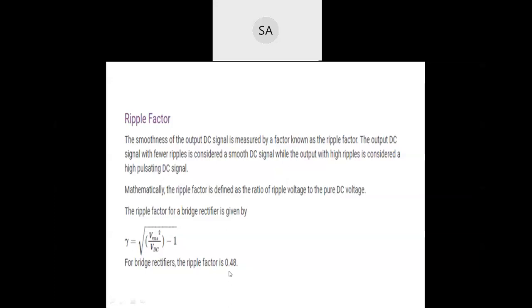So here the same derivation, same equation for all the equations. There will be no changes in the center tapped full wave and bridge full wave rectifiers. Only the change is that Im is equal to Vm by (2RF plus RL). So that is the only equation we have changed in that one. So remaining all are the same. There will be no changes.